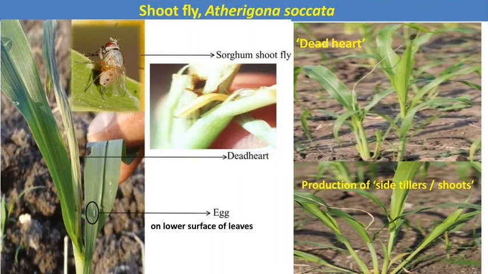The female fly lays eggs on the under surface of the leaves, and after hatching from the eggs, yellowish maggots emerge.